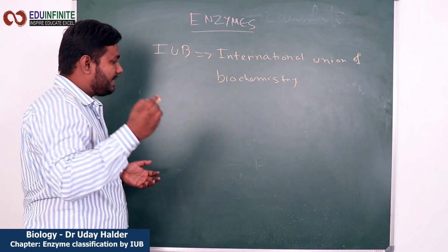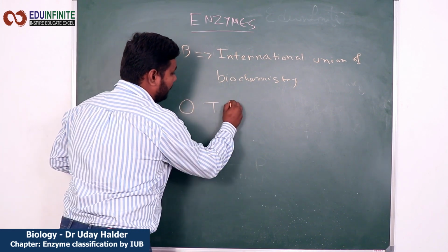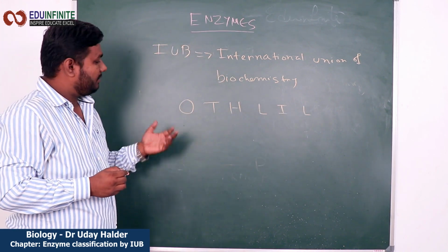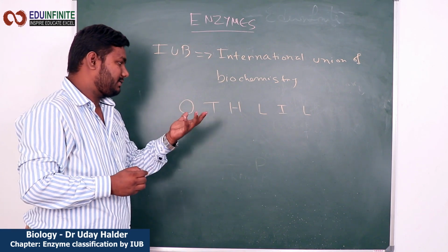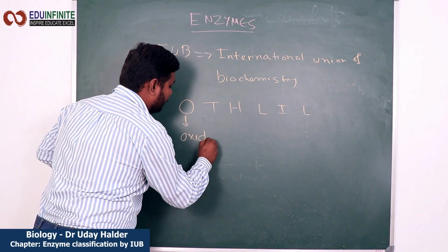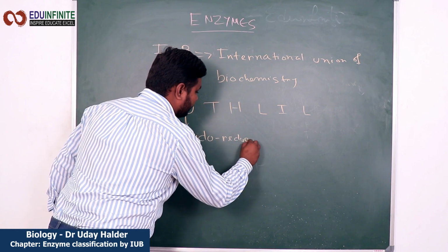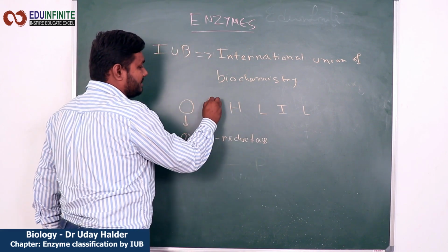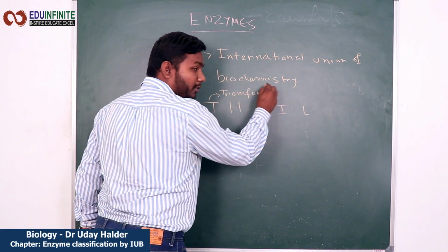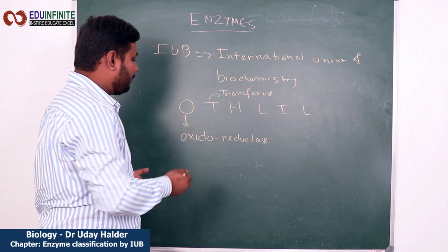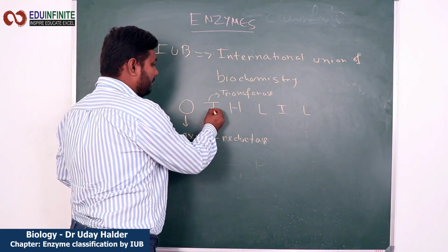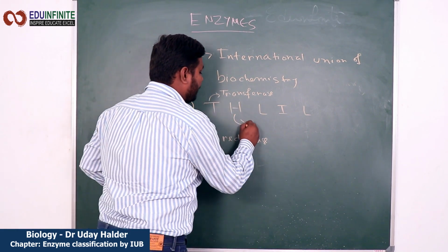And you can remember these 6 classes by the simple mnemonic OTHLIL. OTHLIL. Each letter stands for each class of enzyme. So O stands for oxidoreductase. T stands for transferase. I'm going to explain each and every type of enzyme very soon. Before that, just know the full name. O stands for oxidoreductase. T stands for transferase. H stands for